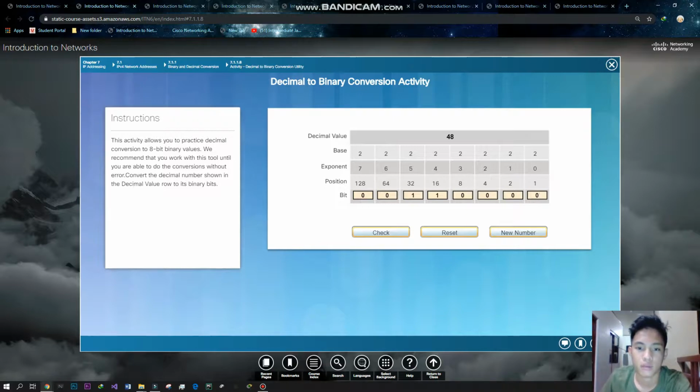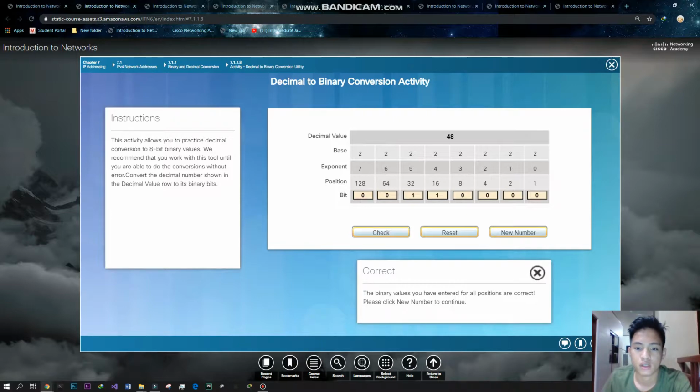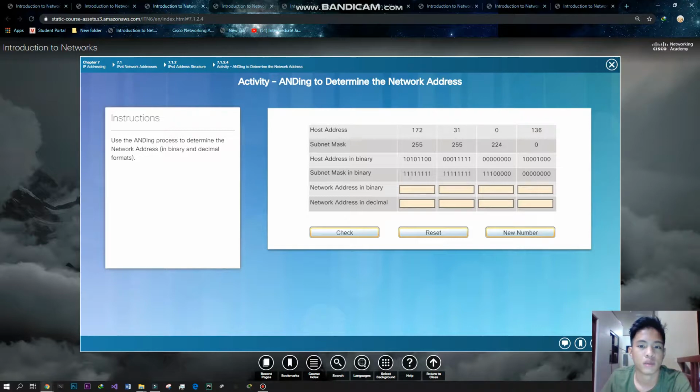Our final binary is 0 0 1 1 0 0 0 0. Now let's check if we have entered the correct binary bits. It says correct, the binary values you have entered for all positions are correct. Please click new number to continue. We're done with this activity, and now we're going on to another activity in chapter